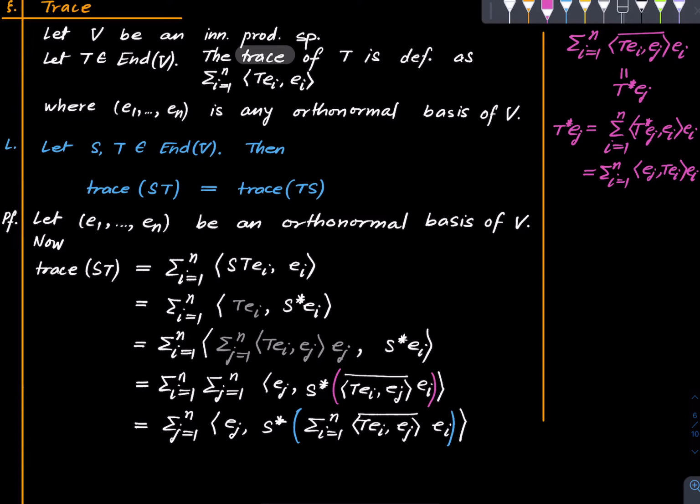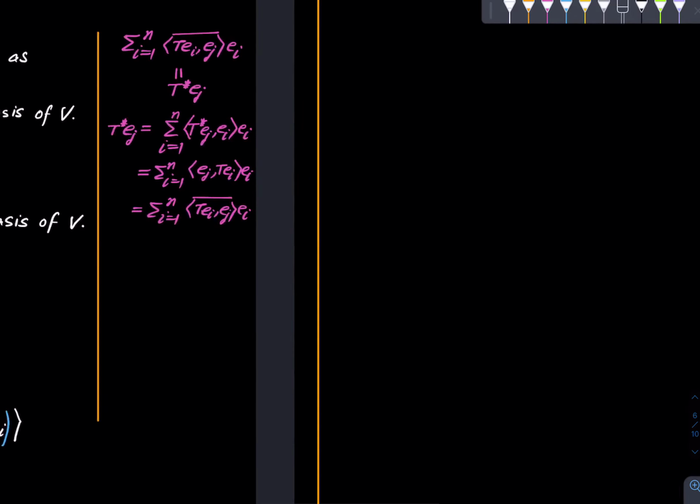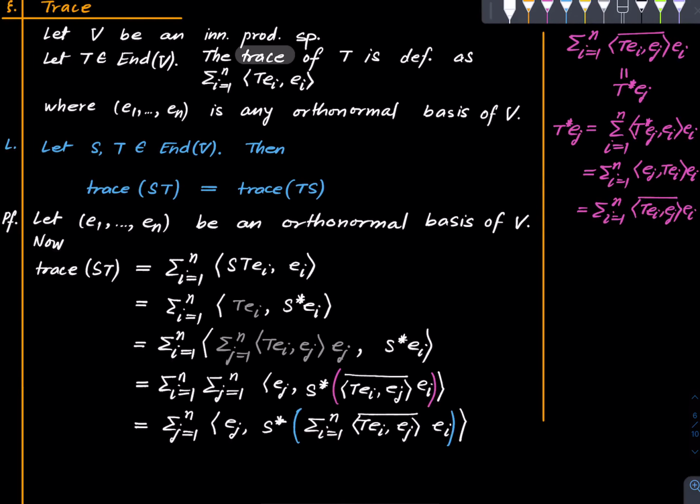Okay. Now take the complex conjugate. So it matches with that. Okay, so this is T star Ej. I hope I have one more page. Yes. So what we get using this calculation is